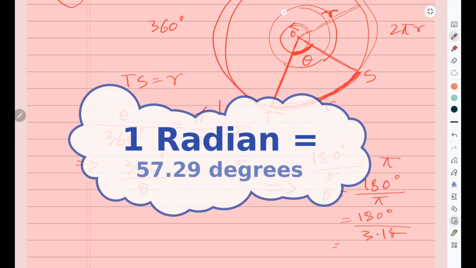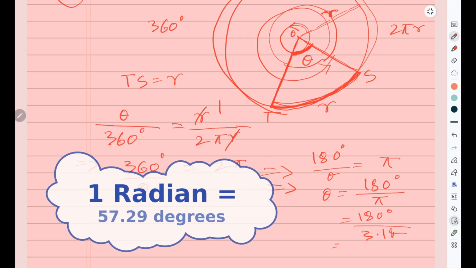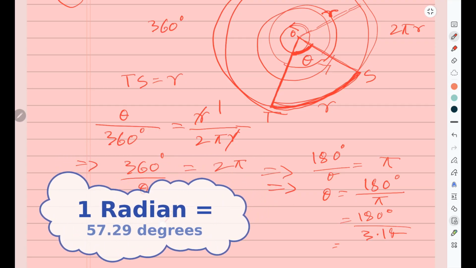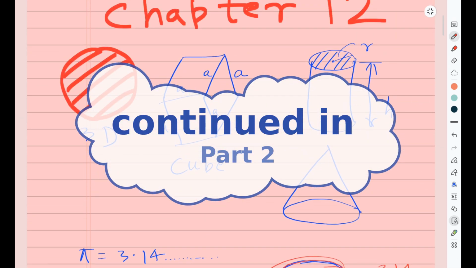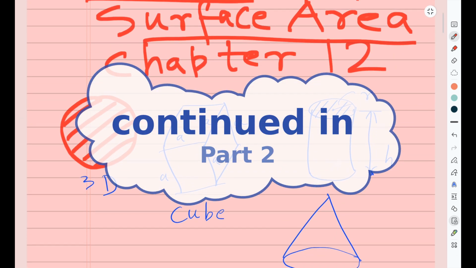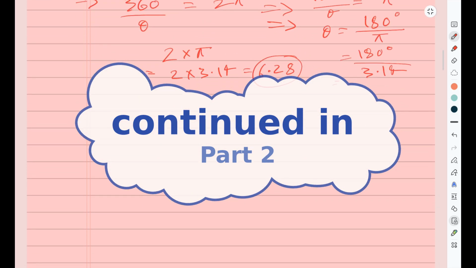So the full rotation of a circle is equal to 2 times pi. It means 2 times 3.14, maybe around 6.28. That is the very definition of pi. Why have I explained pi? Because pi will be used everywhere, and you should not use pi without knowing